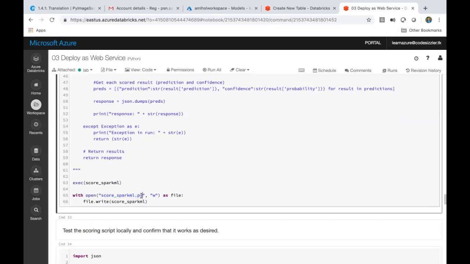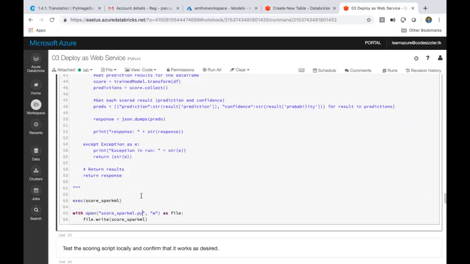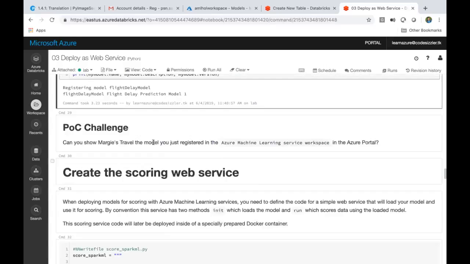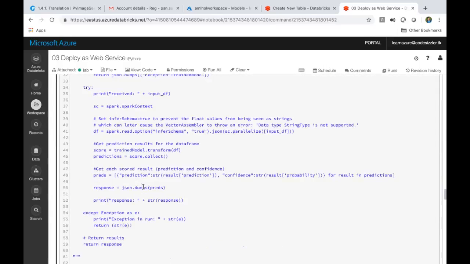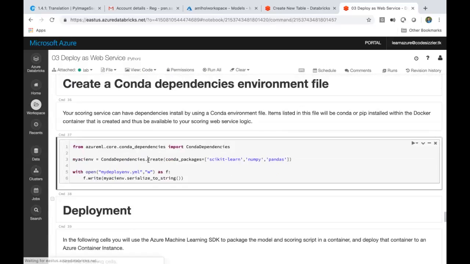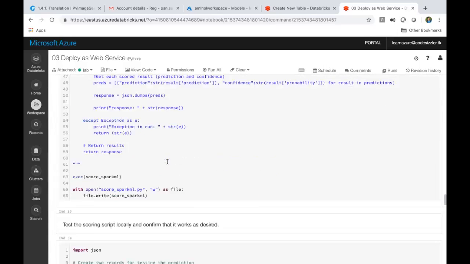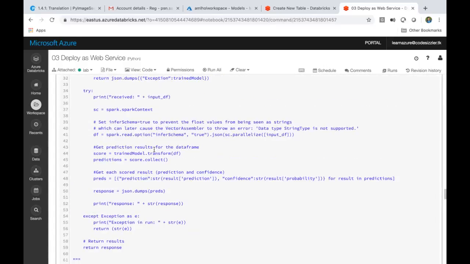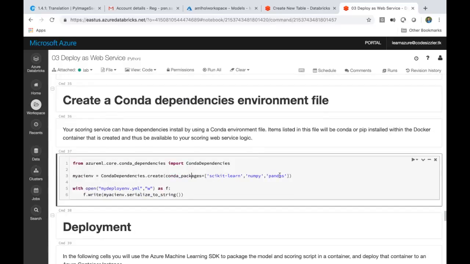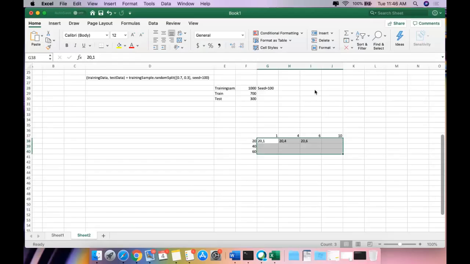As I mentioned, any web service requires three things. First one is the model file. Second one is a scoring script, and third one is the dependencies. Like let's say if I want to execute the script, what dependencies do I want? I want dependency libraries such as scikit-learn, numpy, and pandas. So I will create one more variable here. Let me just go back and confirm it. It is 4, I guess, not 3.